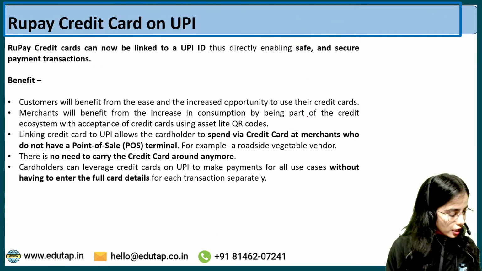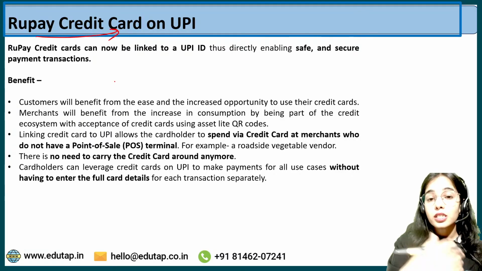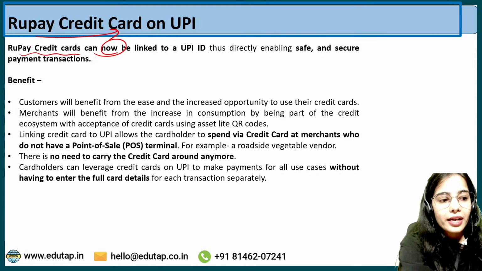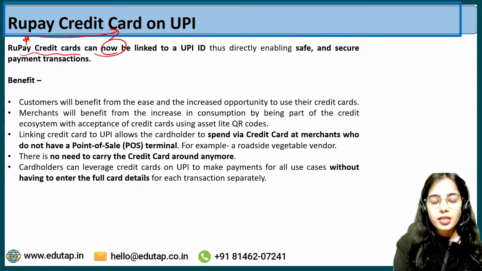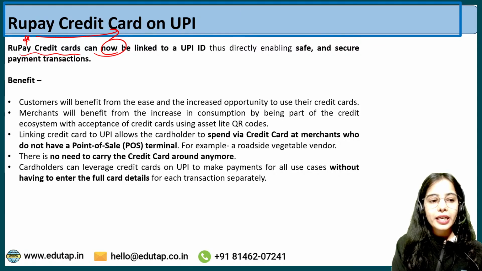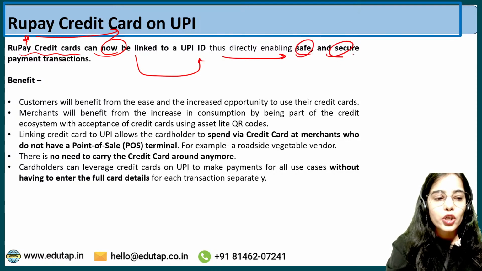Next is RuPay credit card on UPI. Okay, so this was discussed a lot, it was quite in the news recently also. So RuPay credit cards can now be linked, and this is for the RuPay credit cards. RuPay is the indigenous card network of our country, right? So a RuPay credit card can now be linked to the UPI ID, thus directly enabling safe and secure payment transactions